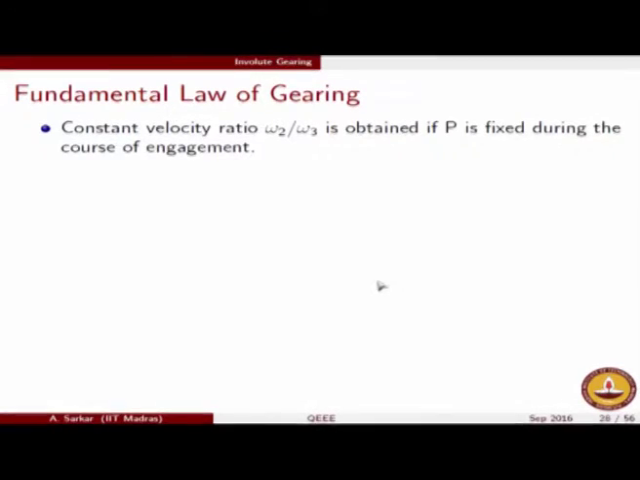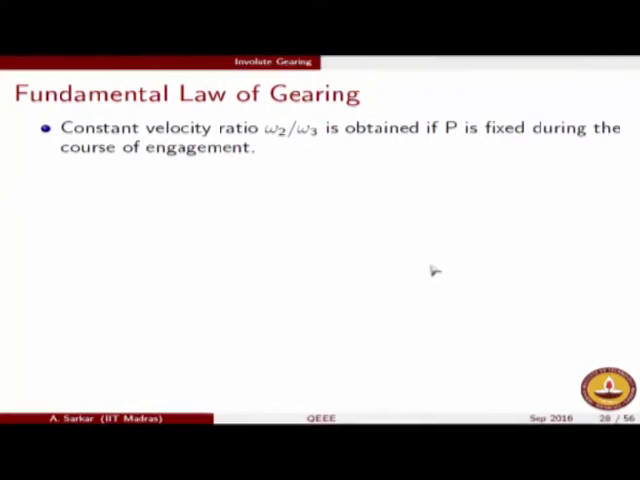It might seem to be a trivial requirement, but this is actually a very important and severe requirement which essentially enforces the condition that not any arbitrary tooth profile such as a straight tooth profile is allowed. So we will see that in a moment's time. As I said, what we require from our gearing is a constant velocity ratio omega 2 by omega 3